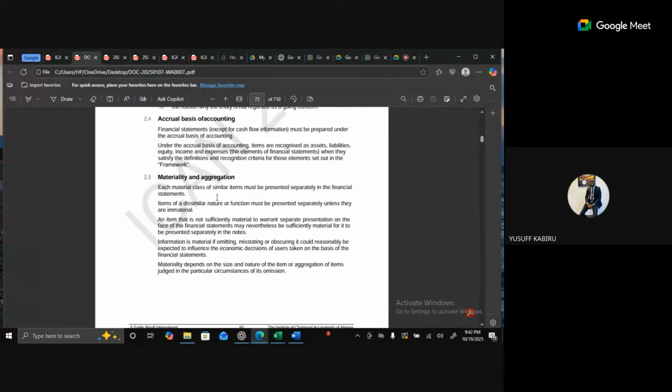Except for cash flow, which deals with what? Cash. And that is why we have to make a lot of adjustments in the cash flow in order to remove that accrual effect or non-cash effect from each of those transactions. Why? Because we are looking at what? The actual cash that came into the business, or the actual cash that